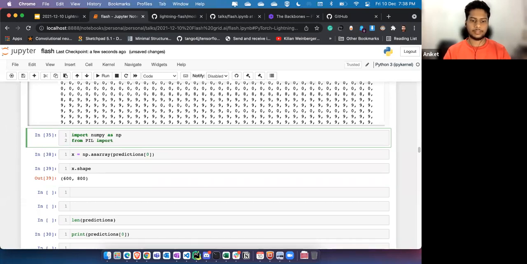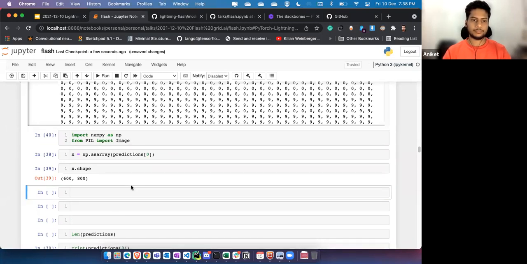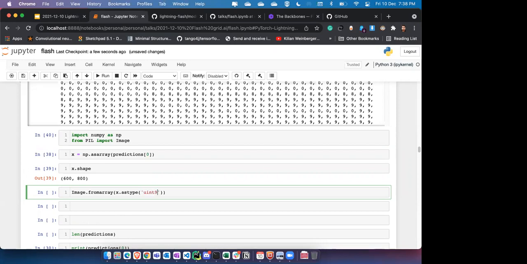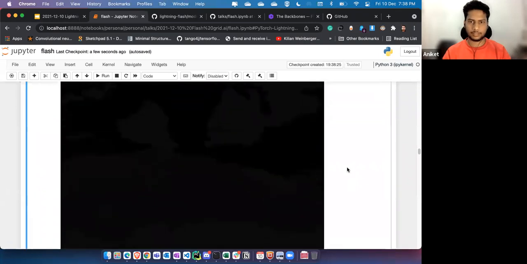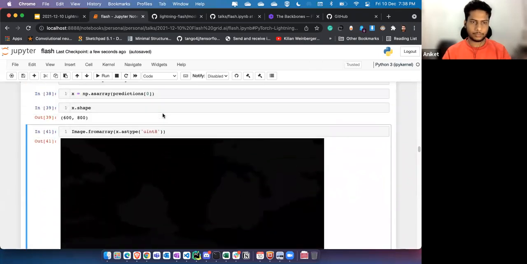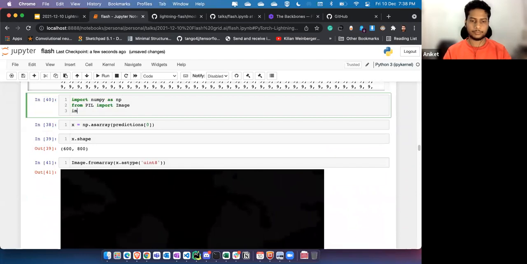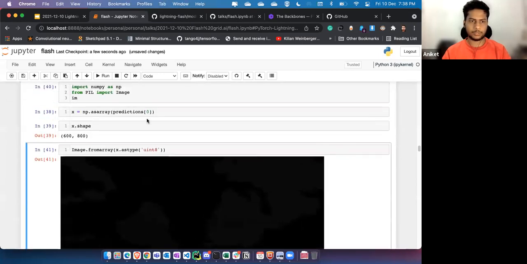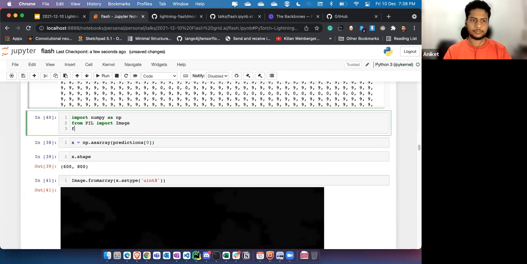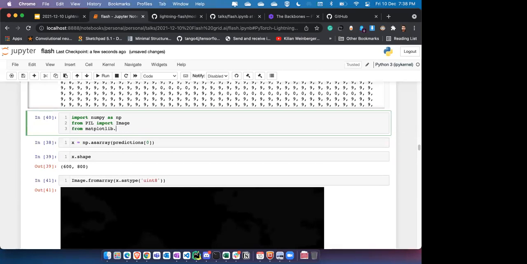So let me try this right now. It brought it from Matplotlib. I can see the contrast here, but I think it might not be visible from the video call. He's saying multiply it with 10.